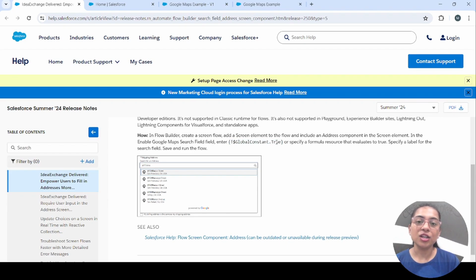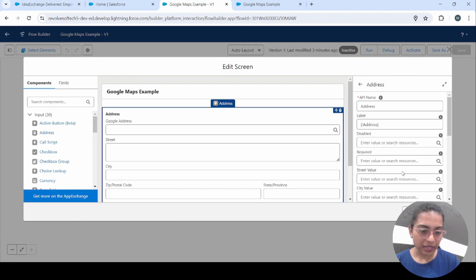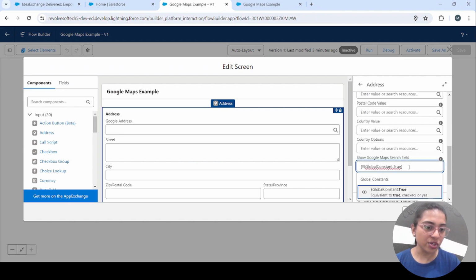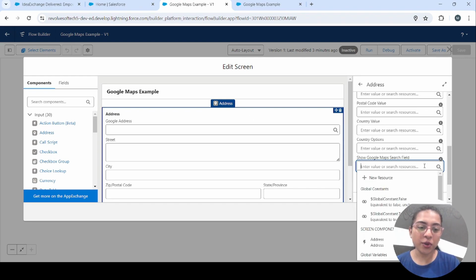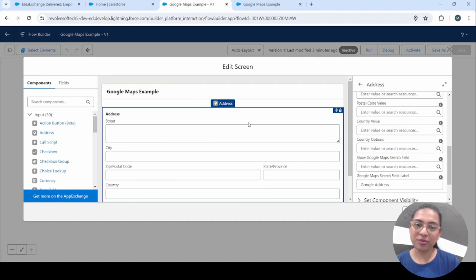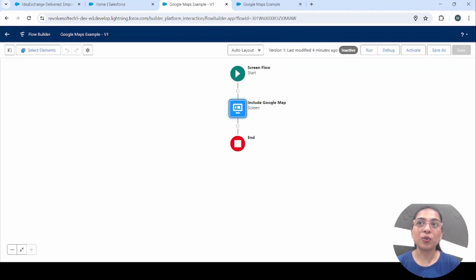Okay. Now, this is just about where this feature is available and how you can enable it. So if you set show Google Maps search field to true, then you will have this Google address field. If you don't want this Google search field anymore, just remove it and it will be removed from here. This is just for making the user experience better and making it quick for the users to fill up the long form that is sometimes exhausting. So that is it about this feature. This is a very good feature for when we are asking users for a lot of data and they are already tired of filling up all the data. At least this can make it a little more convenient for them to fill up the form.